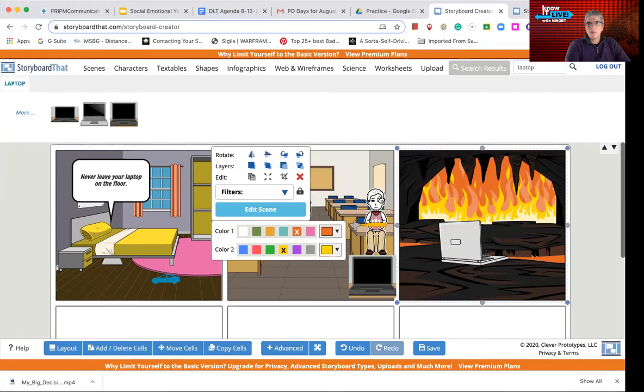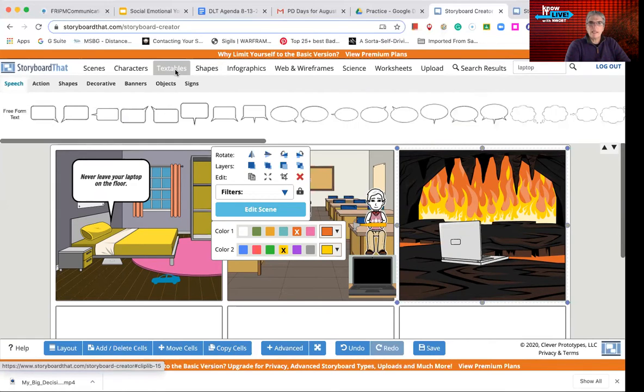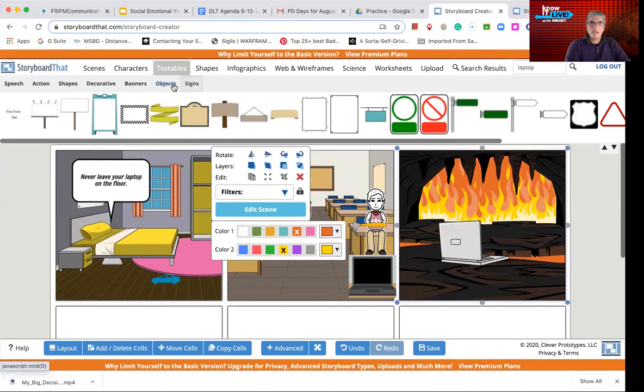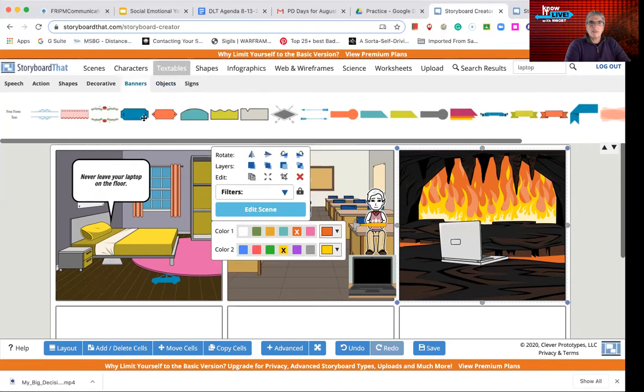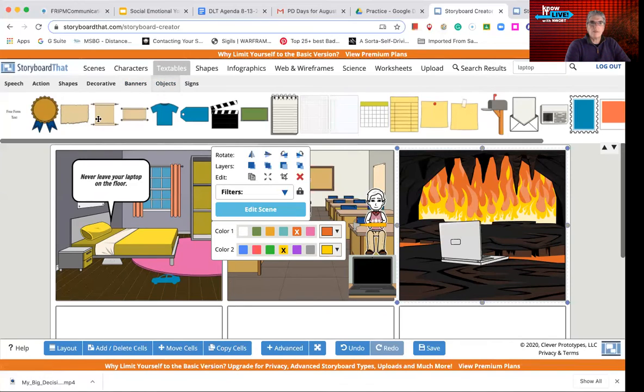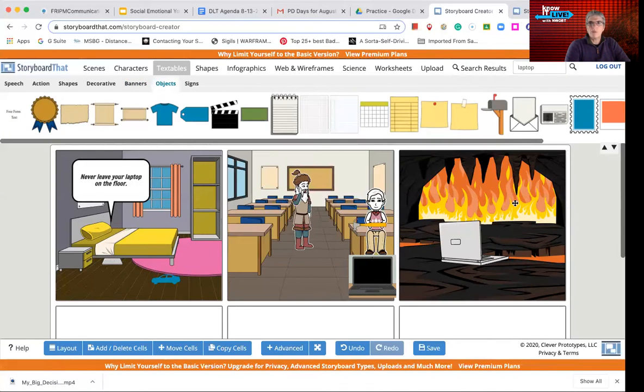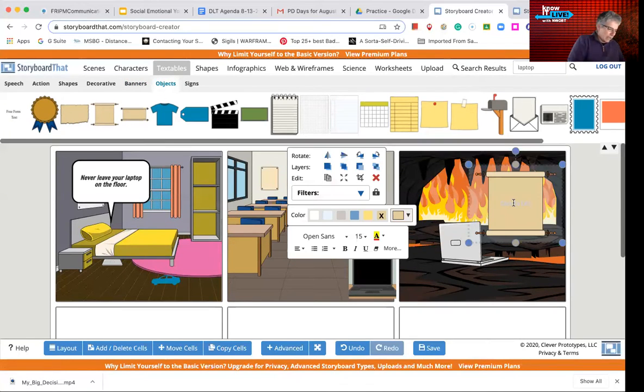It wants me to save my storyboard. And then I'm going to go over here and get a textable, and I can even do signs, objects, and I'm going to do objects because I thought that was kind of neat, this little scroll thingy. So I'm going to put the scroll thingy right there, and then all I do is click and put never leave your laptop near